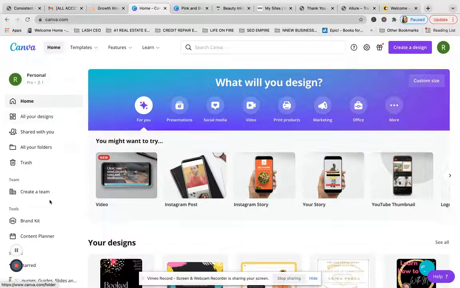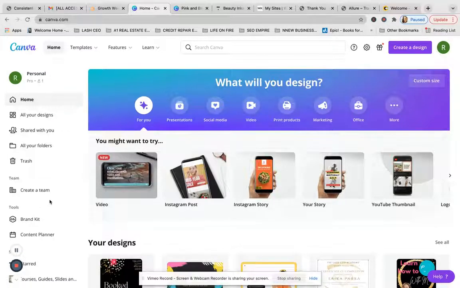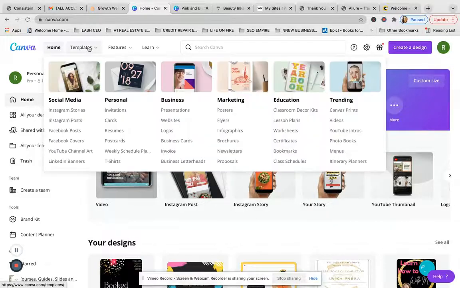I'm just going to go through kind of how to navigate through the platform. That way you get a good idea of the things that you can do. And then we'll just kind of take it from there. So this is pretty much the home screen once you're logged in and you have your account. Up here, we've got your home button, templates. This is where it goes in and lists all the different types of things that you can do now on